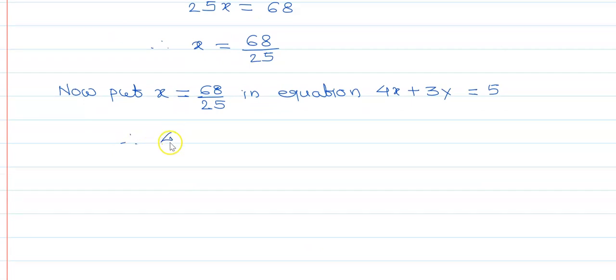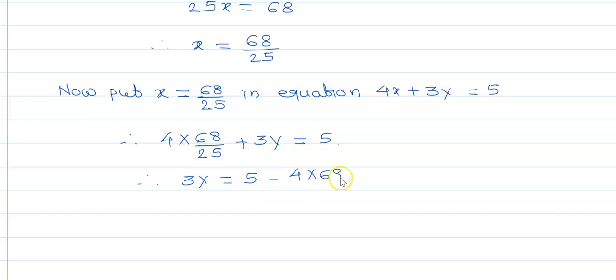Therefore, 4 into 68/25 + 3y = 5, and hence you will get 3y = 5 - 4 into 68/25. Okay, and after simplification,